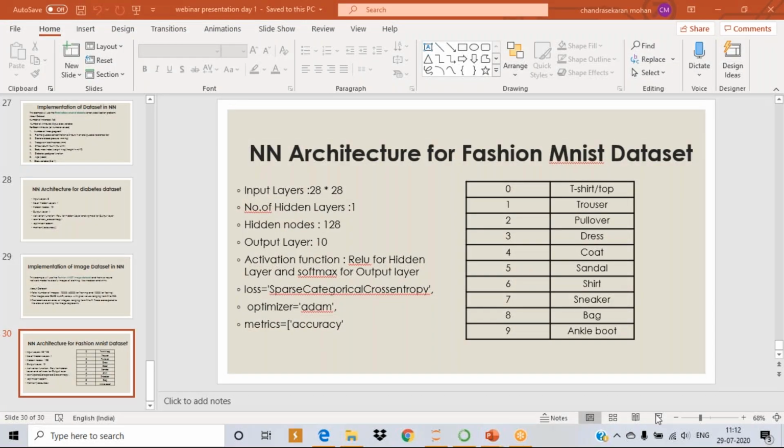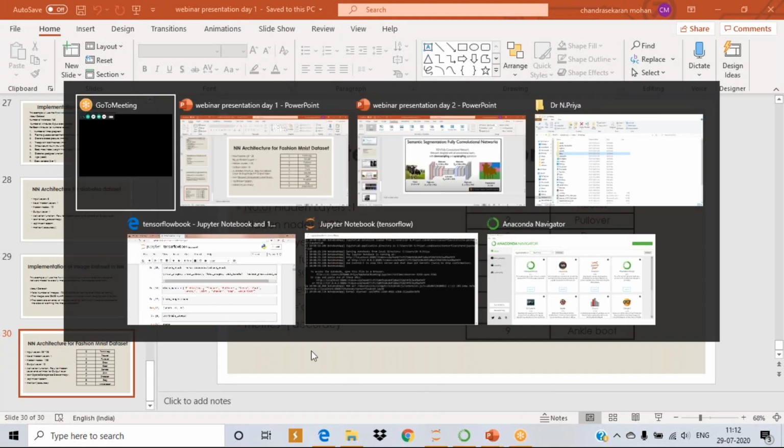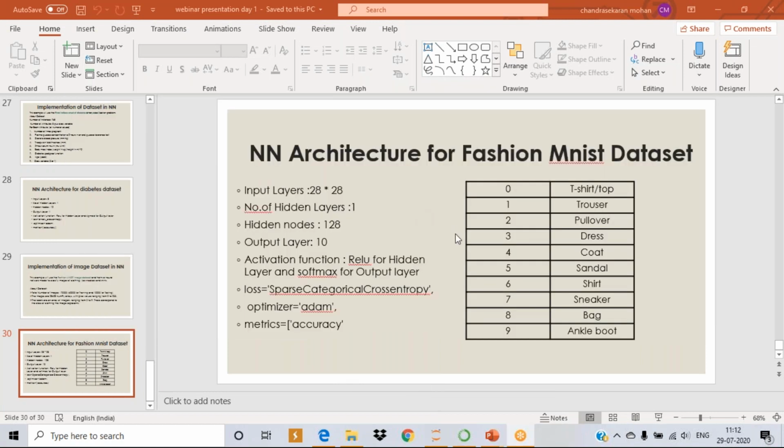Now again I will share. Yes, sir, I'm sharing now. Yes, ma'am, it's visible. Thank you, sir. Now I'm changing to presenting mode.